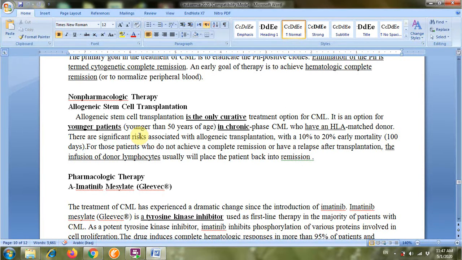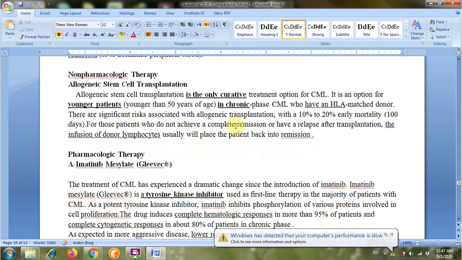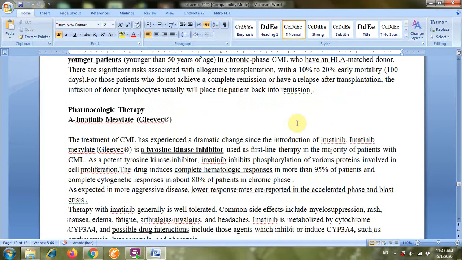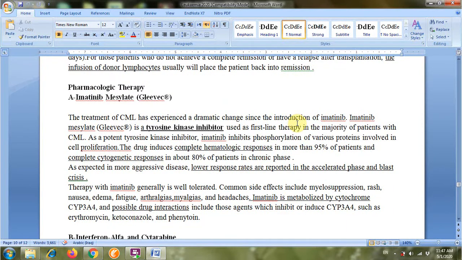Of course, we do not use autologous stem cell transplantation, because the same Philadelphia chromosome present in the leukocytes may be harvested with these stem cells, and the recurrence rate of the disease would be very high, whereas allogenic is the best, with cure rate and prolonged survival rate for patients. Of course, we must not forget graft versus host disease, which occurs in up to 10 to 20% and may cause mortality and failure in the treatment. If the patient is not eligible for stem cell transplantation, we can use another option, novel drugs,